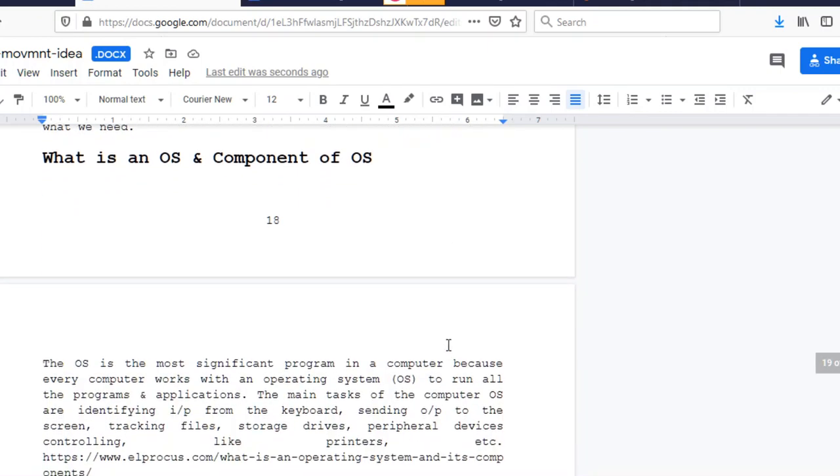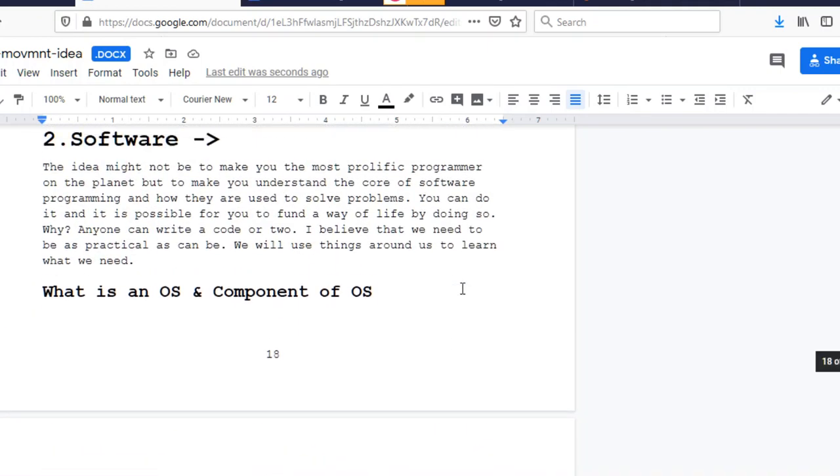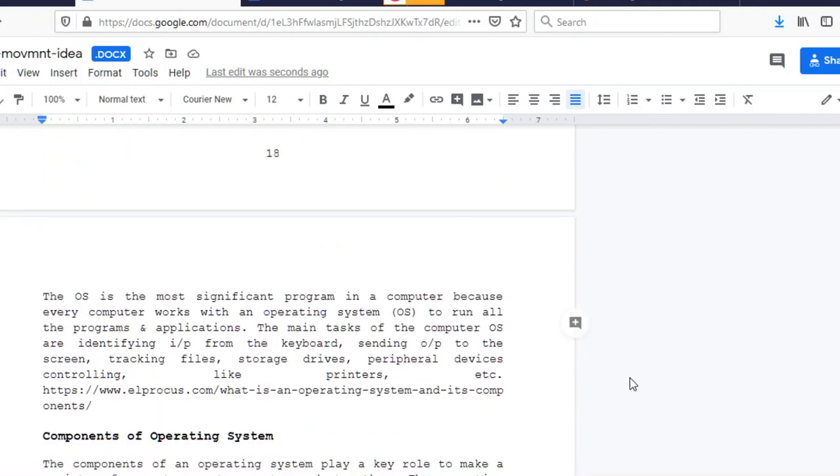So the question is, what is an operating system? And what are the components of an operating system? From software, you get the operating systems. They have many parts. The operating system is the most significant program in a computer because every computer works with an operating system to run all the programs and applications. The main tasks of the computer operating system are identifying